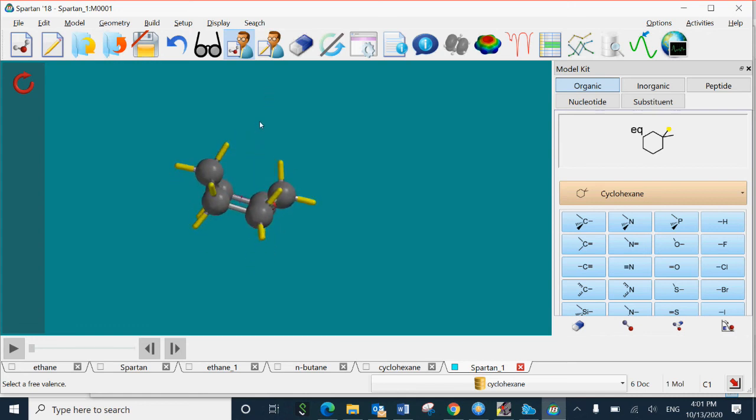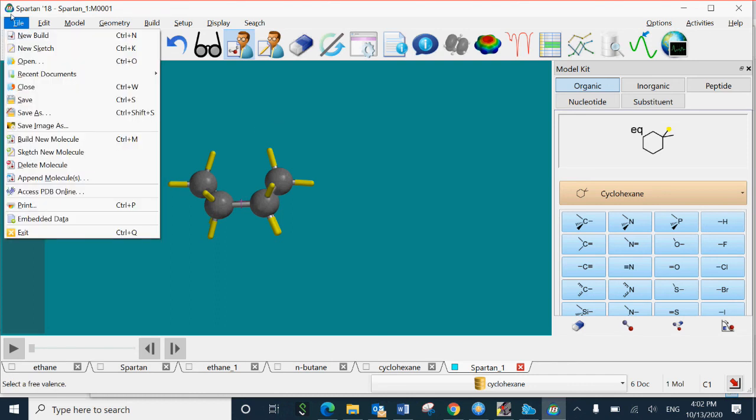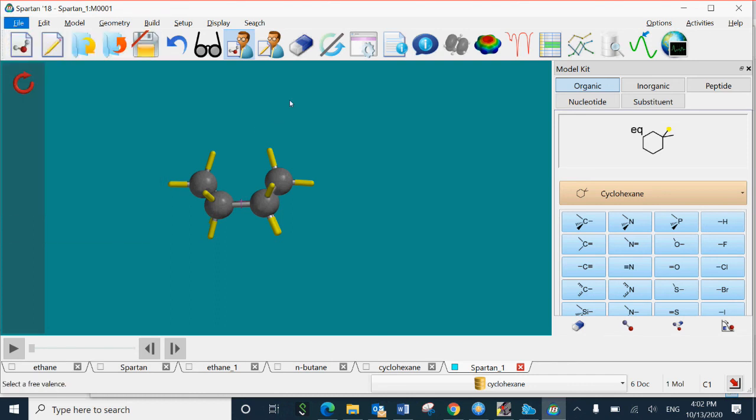See, this is a boat conformation. So this is about cyclohexane. Now you can save this. Save boat cyclohexane.